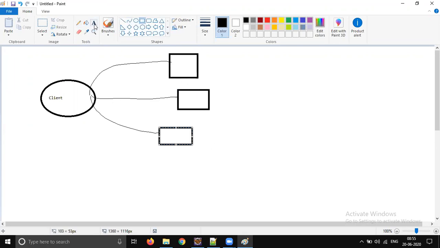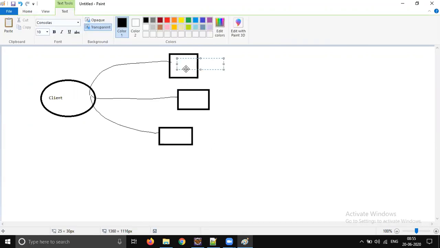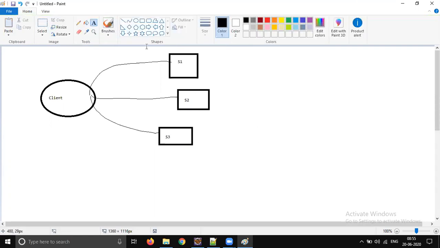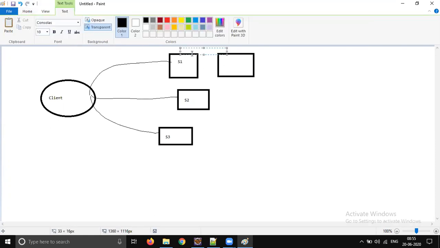So tomorrow, if more load is coming, if more number of requests are coming, what will we do? We will create more instances of the microservice. So this is service one, instance one, so let me mark S1 and I1. Instance one. And this is again service one only, but this is instance two, because we need more